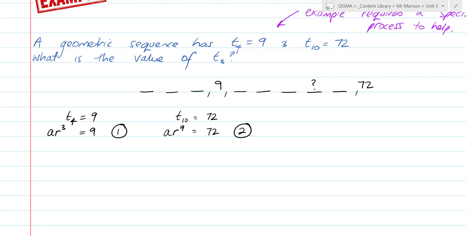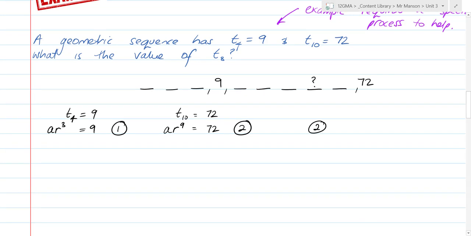So the process here, with any question like this, is to get the equation with the high power and divide it by the equation with the low power. So in this case, I'm going to do equation 2, and I'm going to divide it by equation 1. And equation 2 divided by equation 1 is going to look like this. AR to the power of 9 over AR cubed